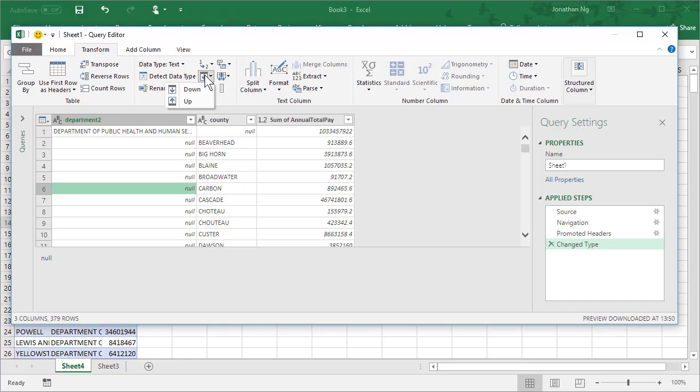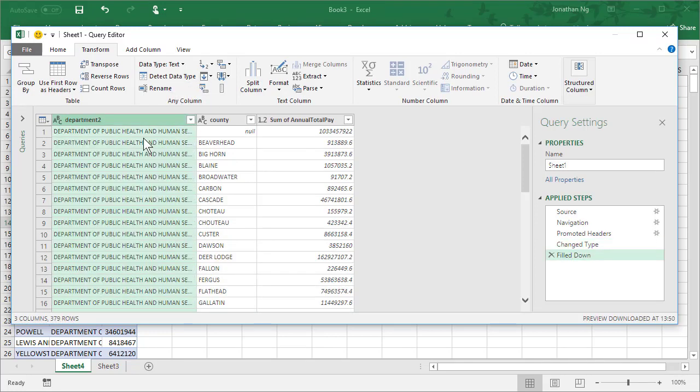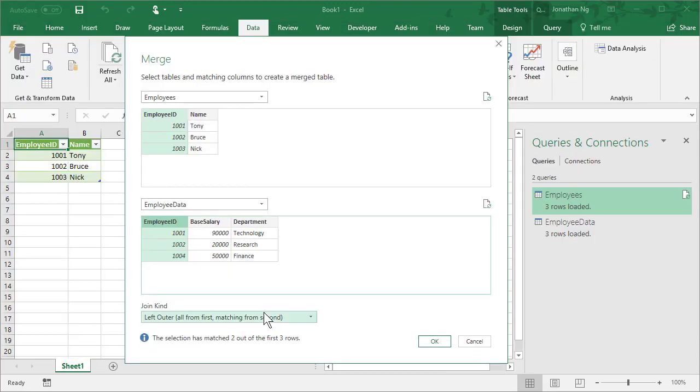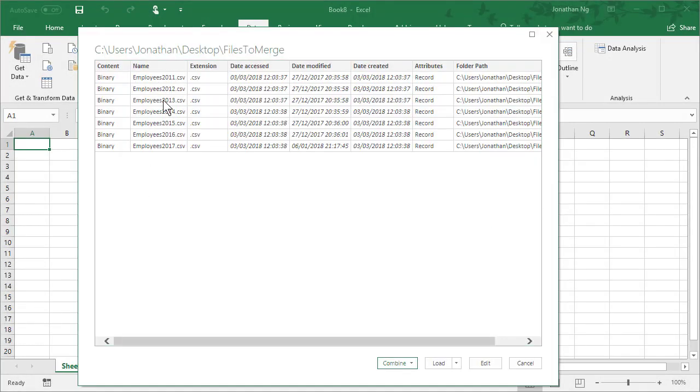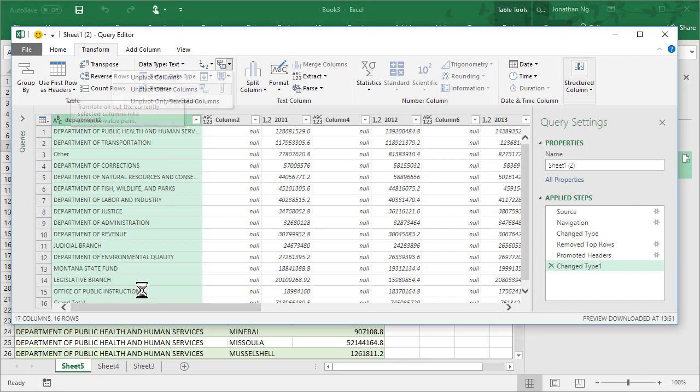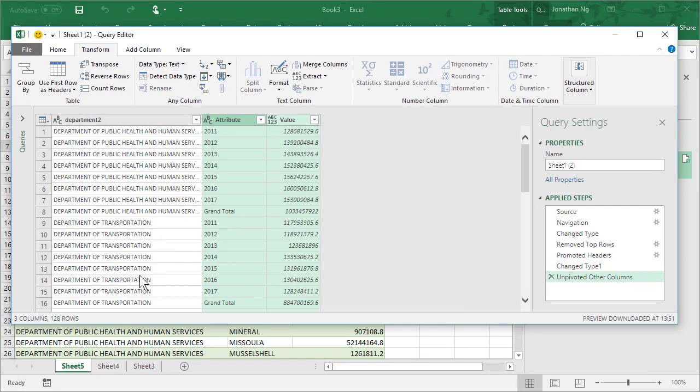In section 2, you'll learn all about how to get and transform your data using Power Query. This includes linking data for automatic refresh, merging data, the better alternative to large VLOOKUPs and database joins, merging an entire folder of files into a single table, reshaping data that has come out of a pivot table back into